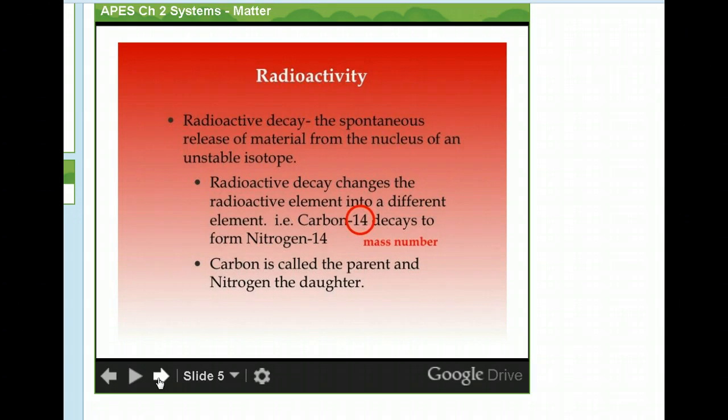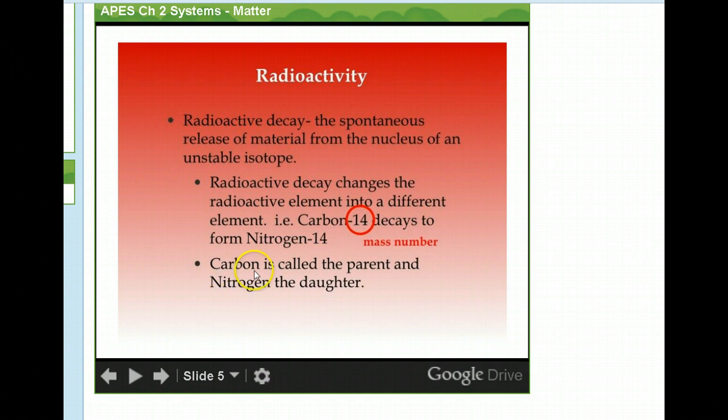As soon as someone dies, that ratio is going to change, because you're going to have the carbon-14 decaying into nitrogen-14, and then we can look at that. So we can say how long someone's been dead by knowing what the carbon-14 percentages were at the time of the death, and then looking at what we have for carbon-14 now. So we can see how long that person's been gone, or that animal, or that plant. So radioactive carbon dating is very, very important in environmental work.